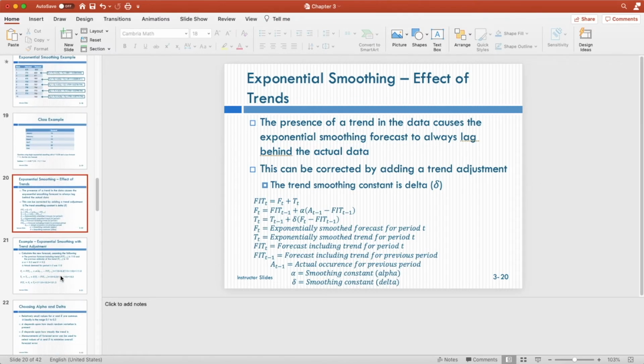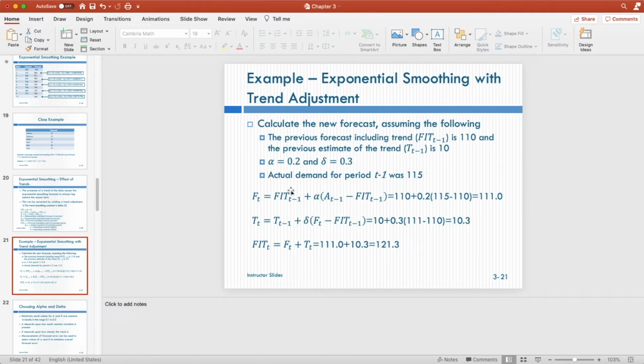Now, actually here I do not use that classic example, but I use a new example to illustrate. The context itself is very, very simple. If I just tell you that the previous forecast, including a trend, is 110, and the previous estimate of the trend in the last period is 10 itself, and alpha equals 0.2, sigma equals 0.3, and the actual market demand in period t minus 1 was 115,